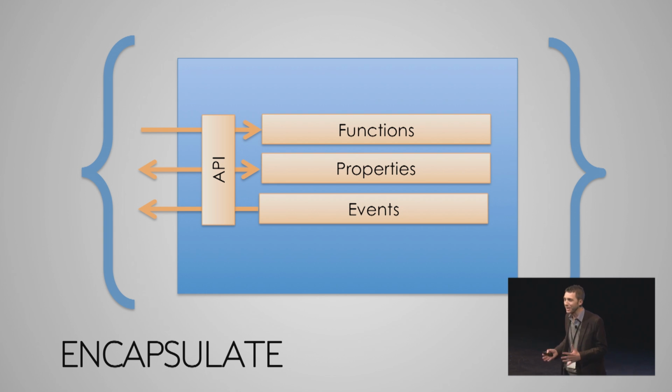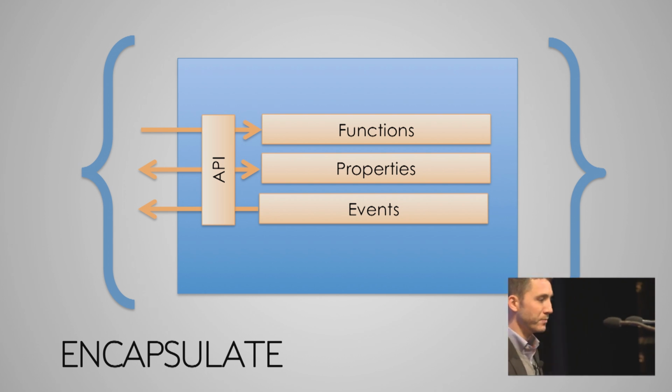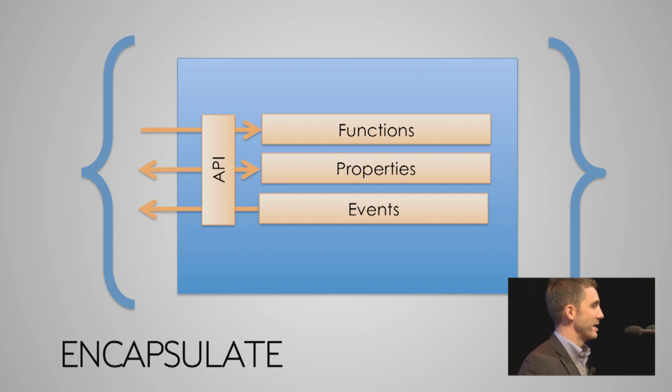And if this sounds familiar, it's because it's what we all learned in computer science class, right? This idea of taking a big problem, like a complex application, breaking it down into smaller building blocks that are manageable, giving those building blocks a well-defined interface, and then hiding the implementation so that the developer only has to worry about using that object.